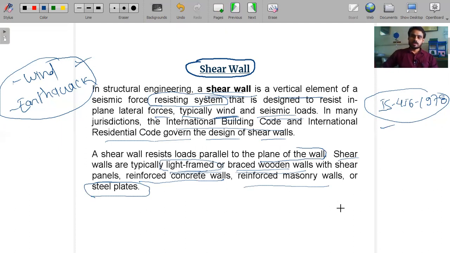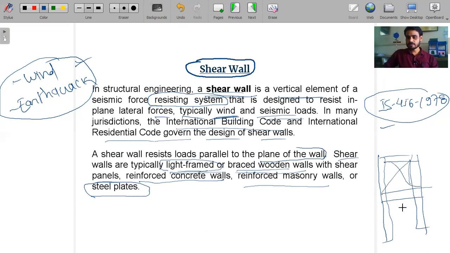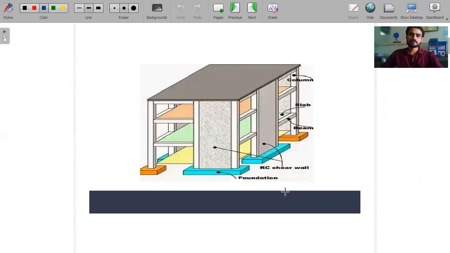We can construct a complete RCC wall from bottom to top, or we can construct a framed structure in which, with the help of vertical and horizontal components, we use panels between the frame components. So in any manner we can construct a shear wall. It completely depends on the location where we are constructing our multi-story building, the magnitude of load, and how earthquake-prone the area is. A lot of factors affect the construction and design of shear wall.